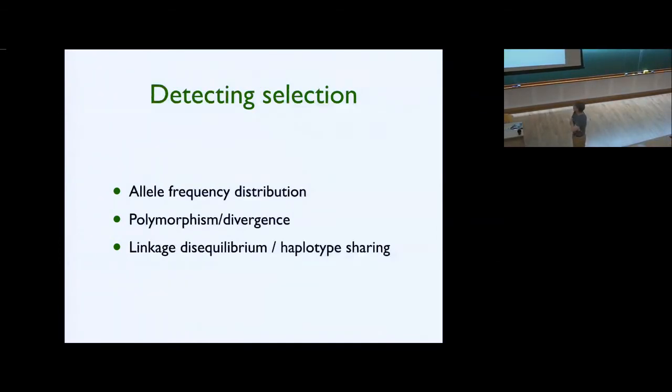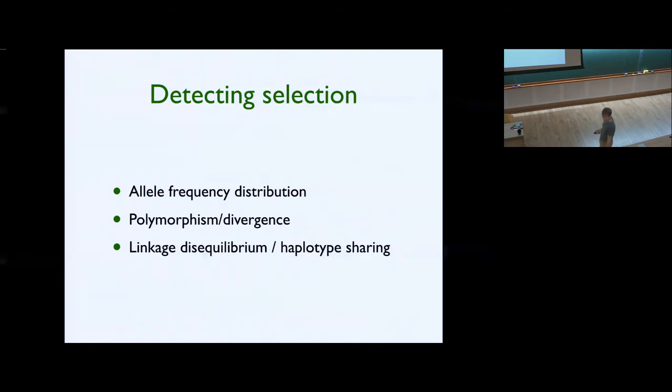So, detecting selection. Well, okay, so think about it. What do people do, right? What are the signs of selection in sequence data? If you really want a comprehensive treatment of this, read any review by Rasmus Nielsen. I'm just going to skim through some of the ideas here. This is not really my field, but basically the signals you can look for are something to do with the